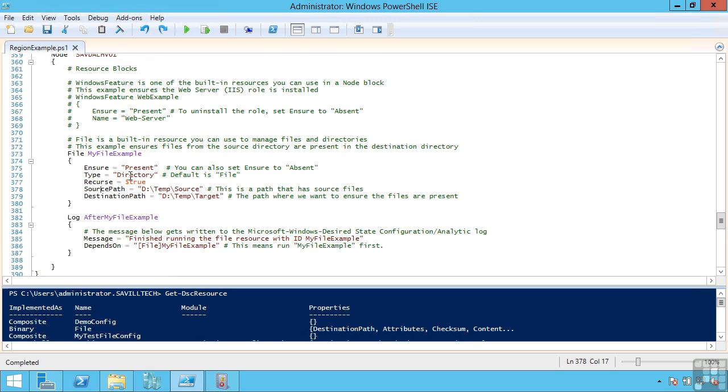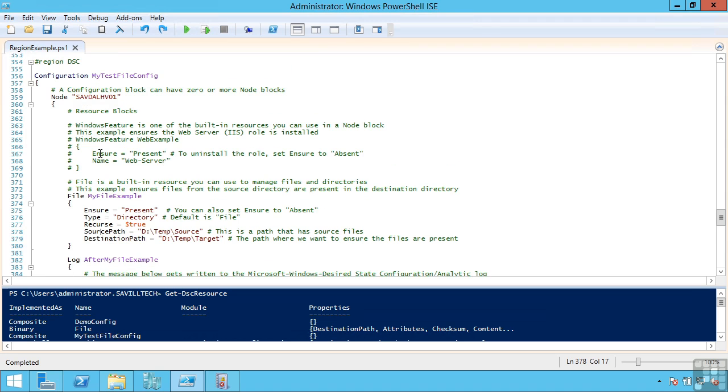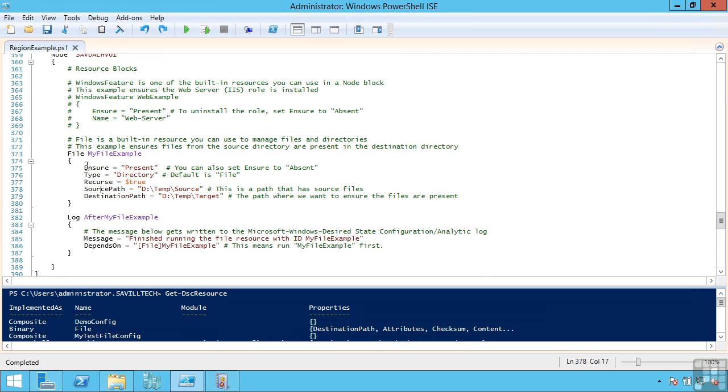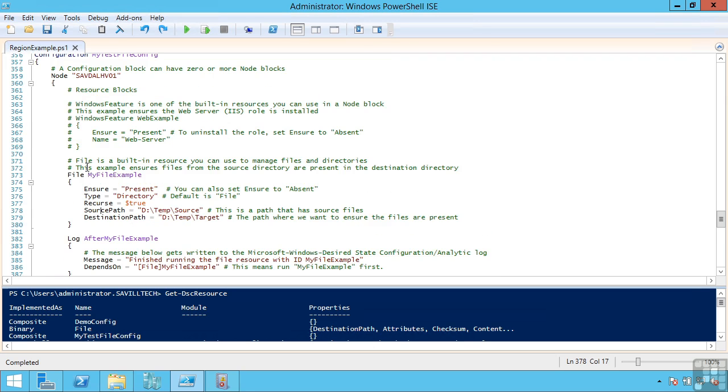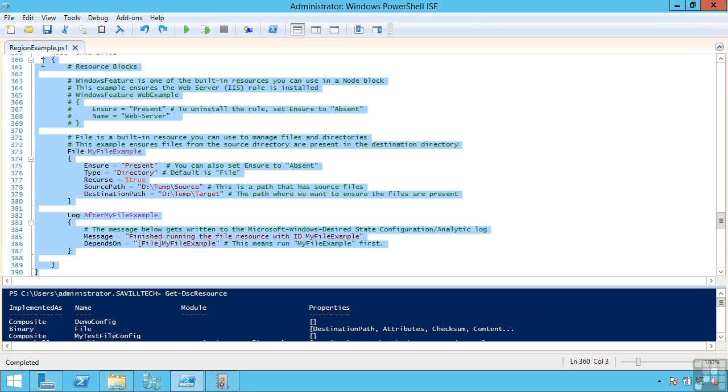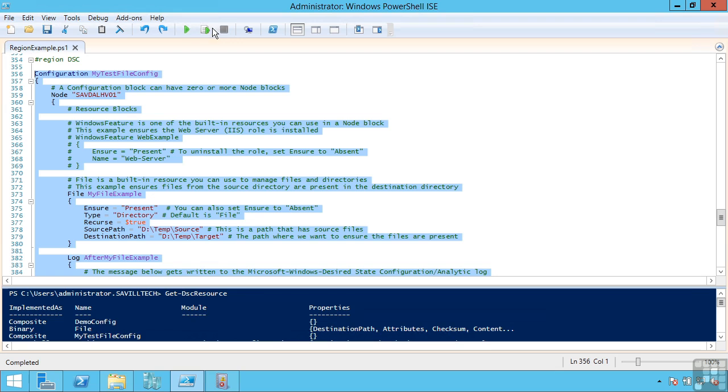Now this will vary depending on what you want. I can use all the different types of resource available to me, all those different providers. But you would build up these configurations for the different servers you have in your environment. Once you have that and you have your configuration, you would run this. So for example, I would take this block of code I have right here and I would say run just